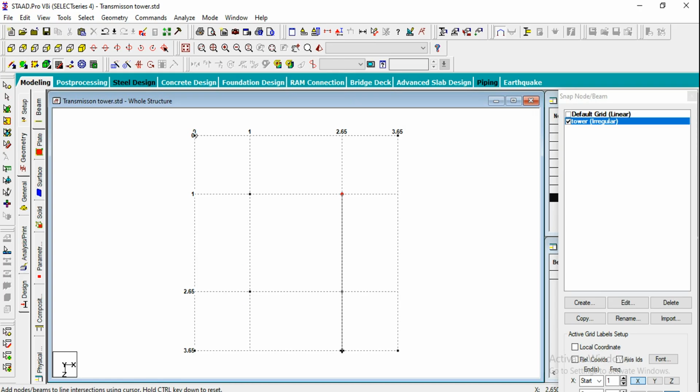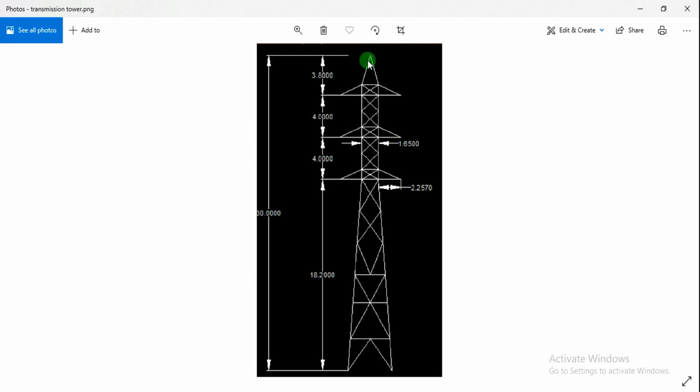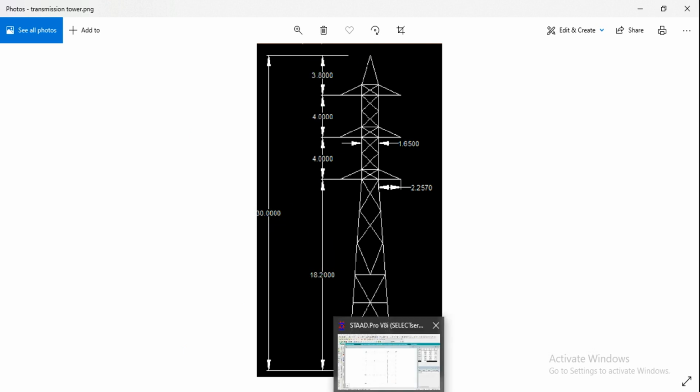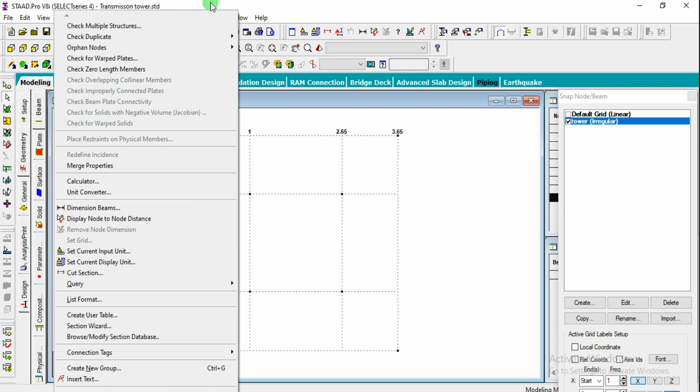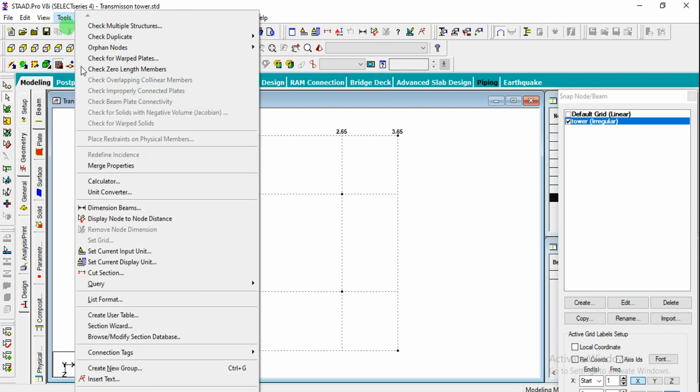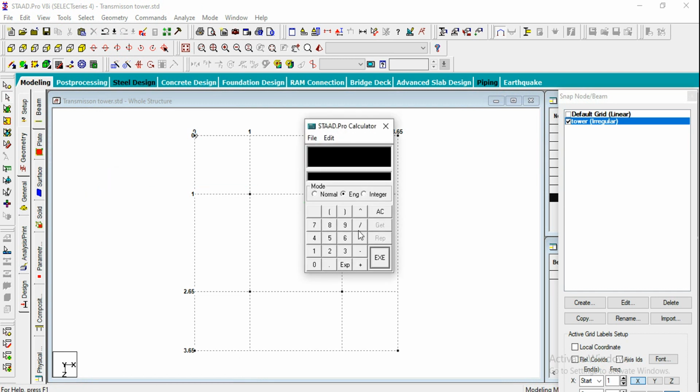And if we observe the figure at top, that center node is at a distance of 30. Or else if you are adding up all these values also, we are going to get 30. So from the figure, from the graph, we can interpret the center point. So in total we have taken 3.65 and this is also 3.65. At half of 3.65 and 3.65 we can give the node. If you want to use the calculator, you can just go to the tools menu and we are going to have the calculator here. You can just calculate. So 3.65 divided by 2 is